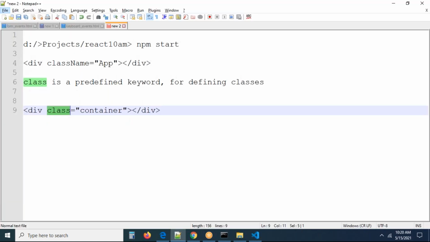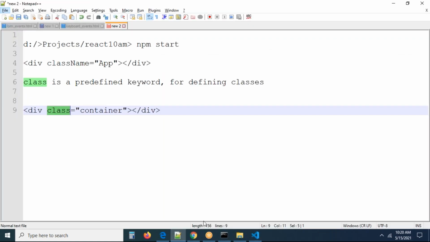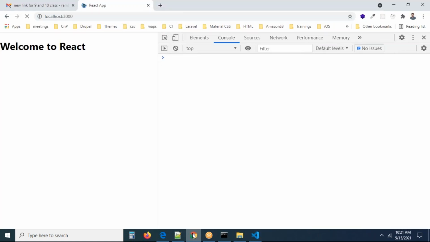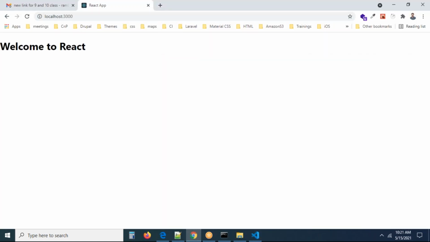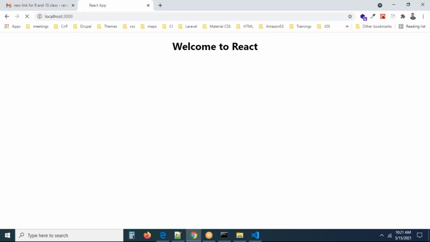Now refresh the page and check this. We don't have any problem or any errors. Welcome to React. If you remove the className app you added, I'm removing the class app, it was empty. Now refresh the page. Earlier it was in the center, now it has completely moved to the left side. Meanwhile, let me add the class app again, so I want to work with the app. Later I will tell you how we can design React elements, and everything we can talk about later, guys.